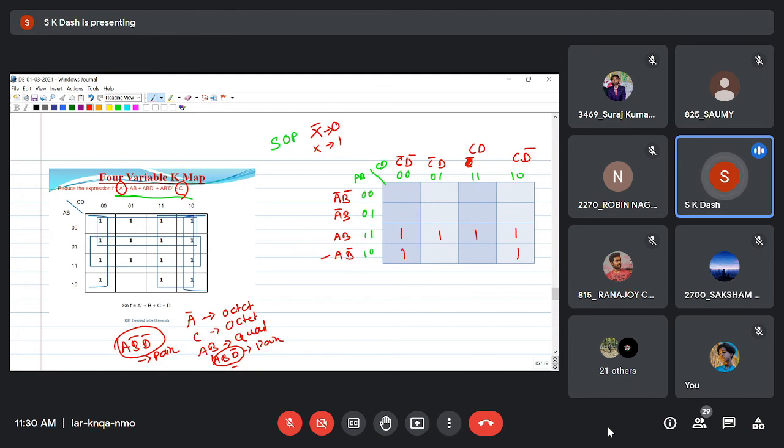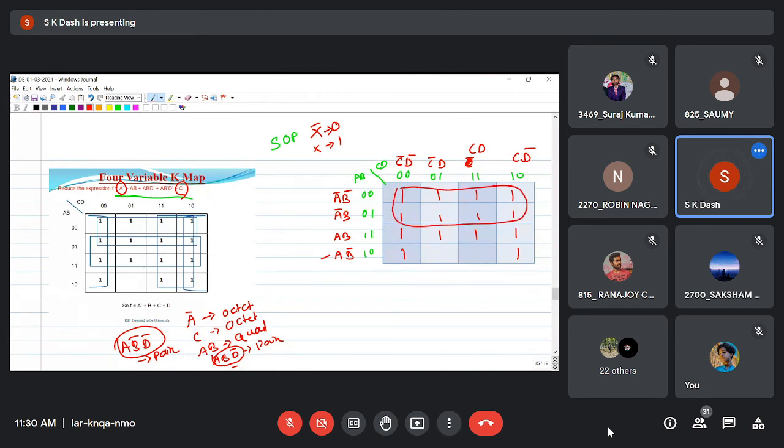A is available on the horizontal side, this is the left side. So where A bar is available: first row, second row, third, fourth row? First and second. So all of those need to be 1. If all those need to be 1, then it can form a quad and whose expression will be A